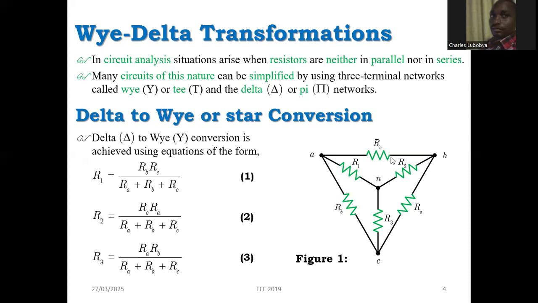This circuit has 3 resistors connected in delta, RA, RB, and RC, as you can see going by the outer circuit here. Now, if we are to transform this circuit to the star equivalent, which is a circuit given as R1, R2, and R3, the inner circuit here,